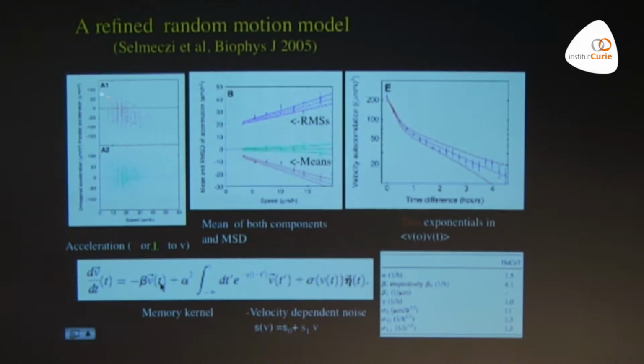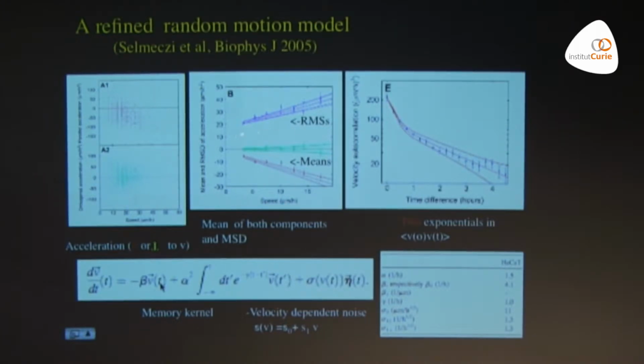So in the parallel direction, you expect the mean to be minus alpha v. So that's exactly what you see. If you look in the transverse direction, you expect the mean to be 0. So that's also what you see here. But if you had this simple description by Ornstein-Uhlenbeck, you would expect that the mean here is independent of the